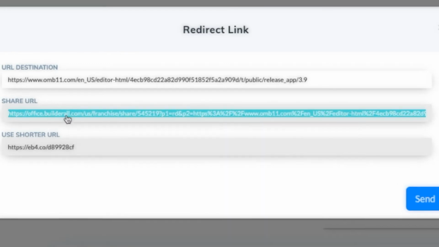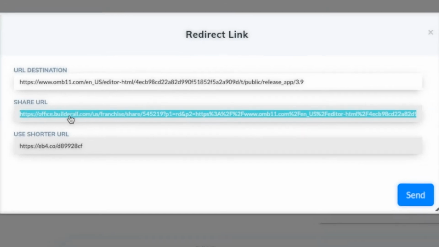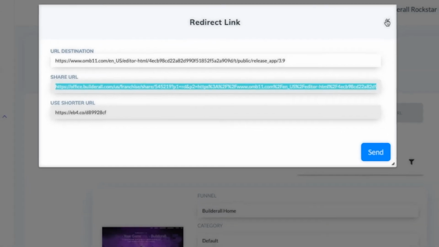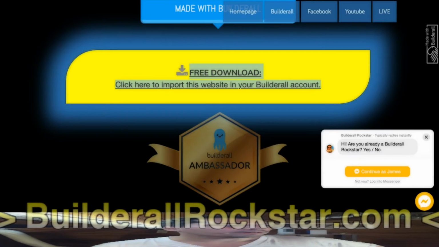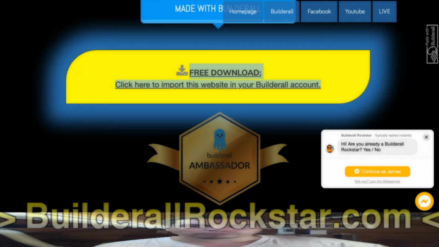Copy. So now I have in the clipboard this link, which will redirect to the link of the public layout. And this is the link that I will use in this button. Maybe I will show you how to do it.